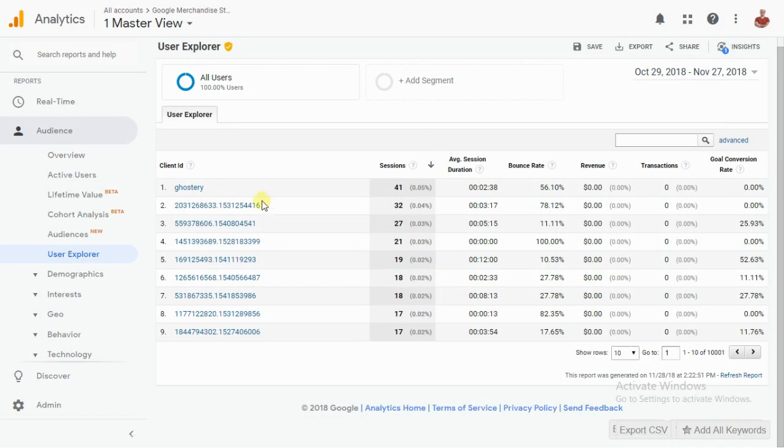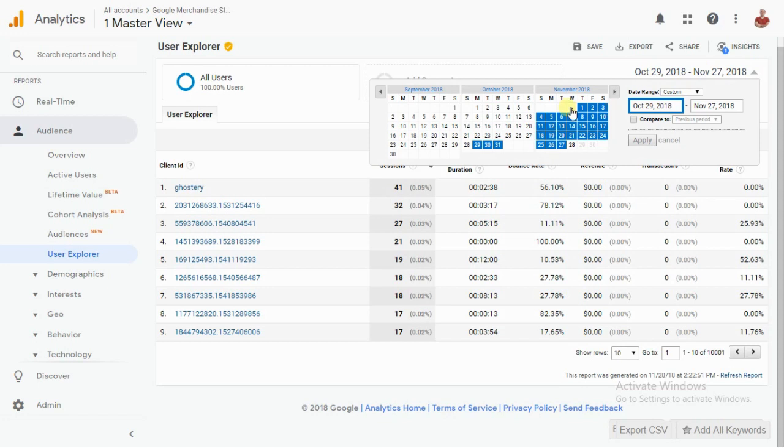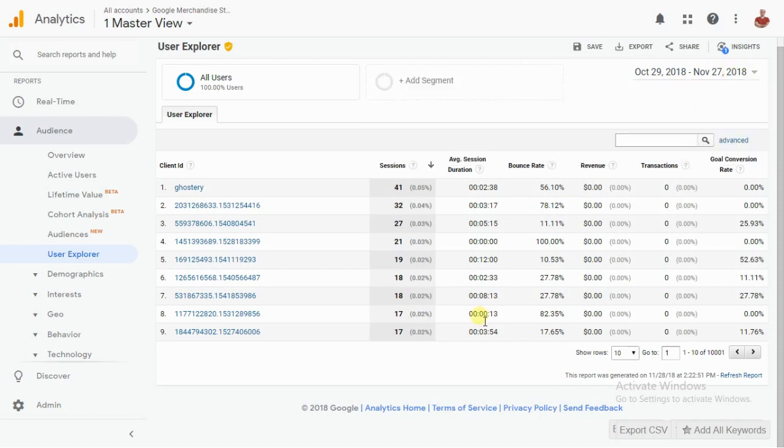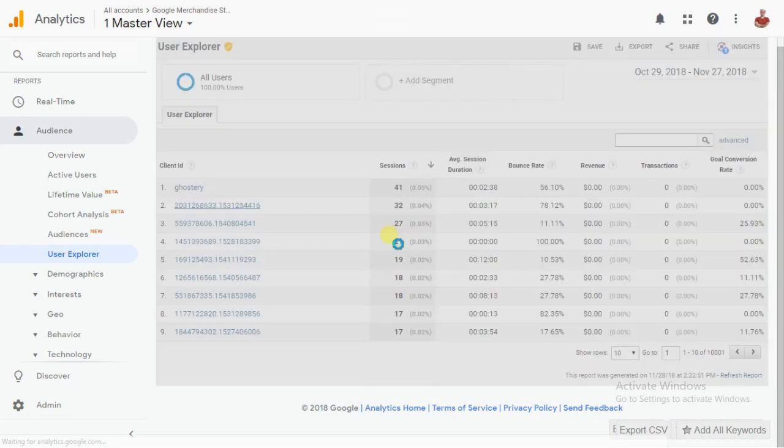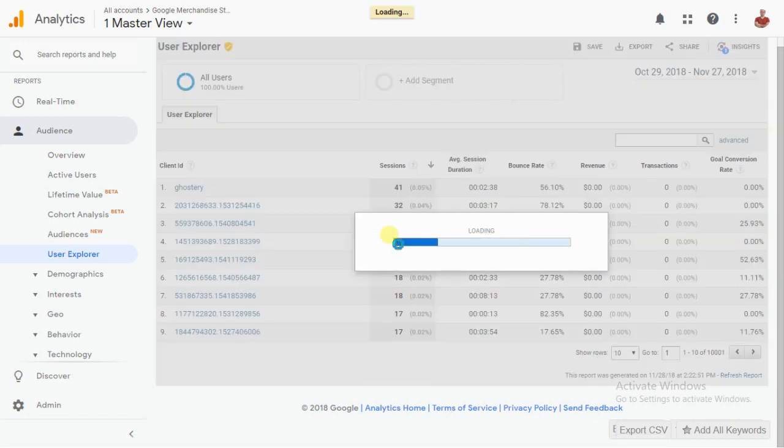What you're seeing now is the so-called client ID in the first column, and what it represents actually is the specific person that visited your website, and that visited your website multiple times during this 1 month period. In our case, it could be longer. You can select here a longer period or shorter if you want, no matter. The idea here is that when I click on a specific user, I'll get the data of every one of